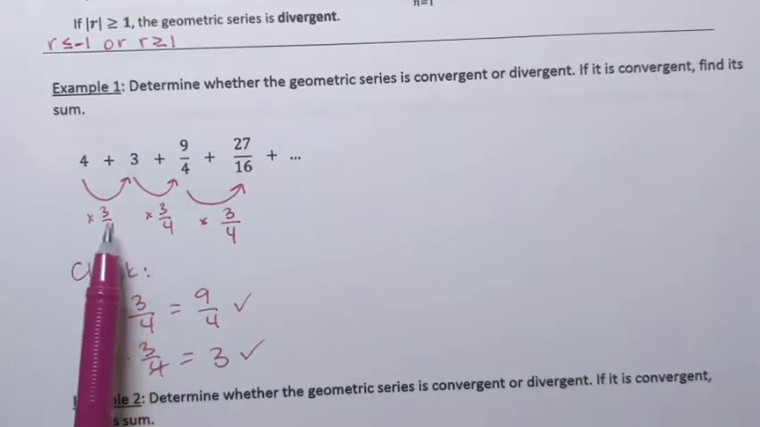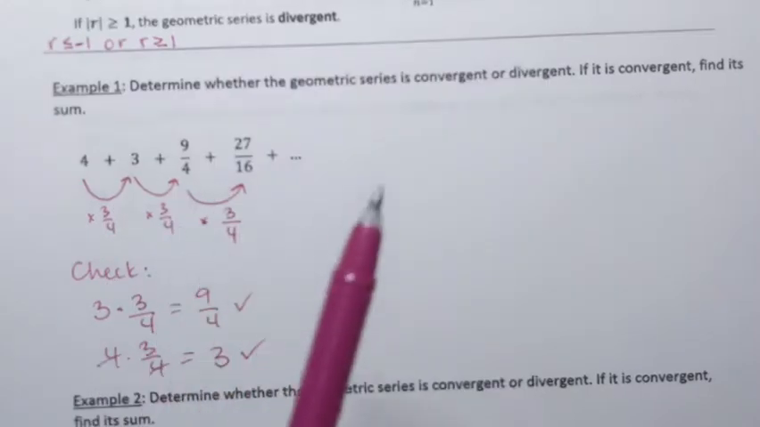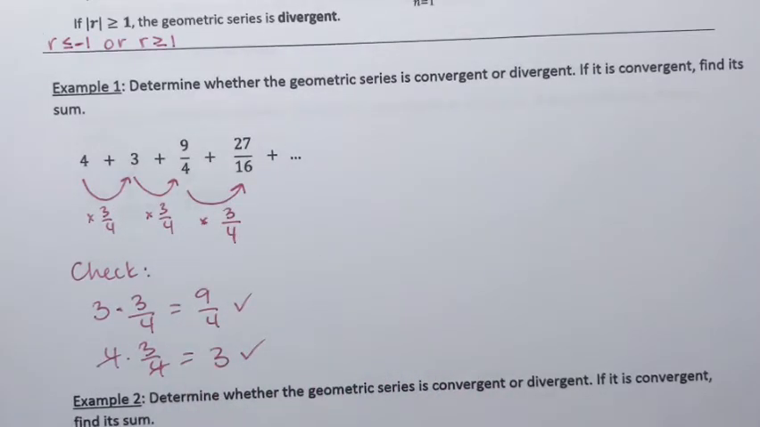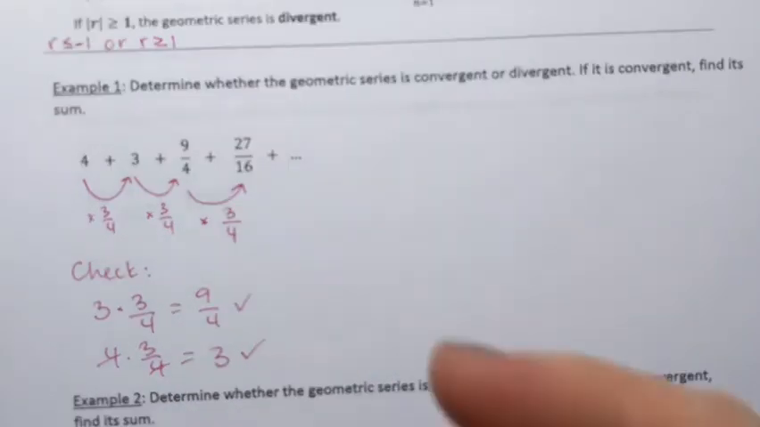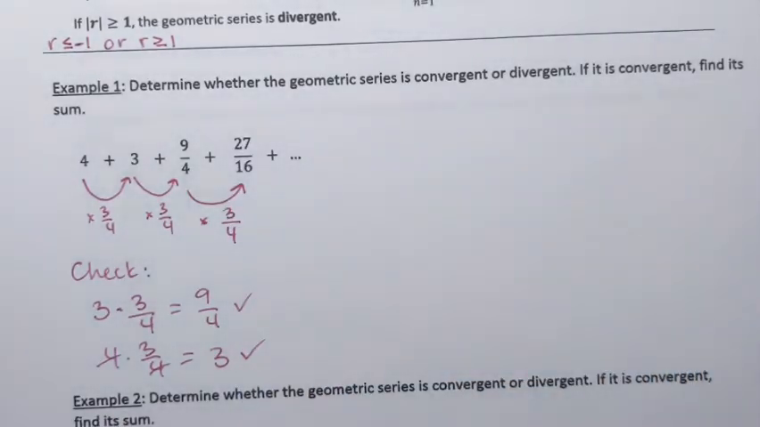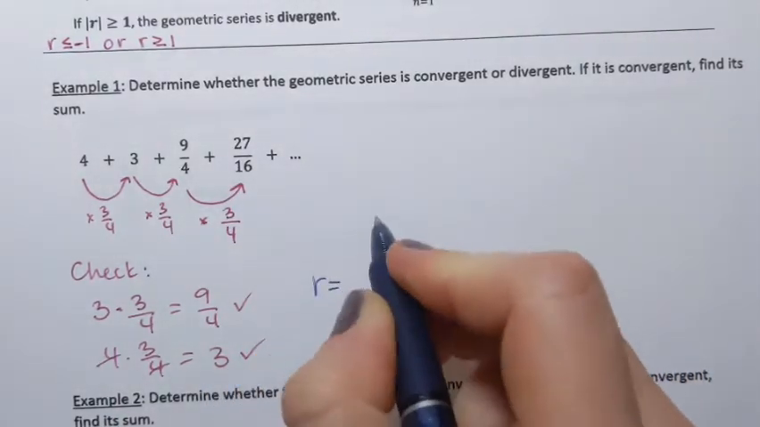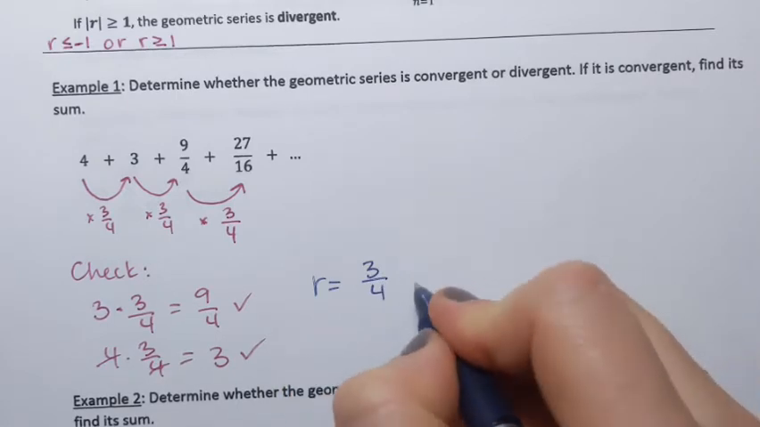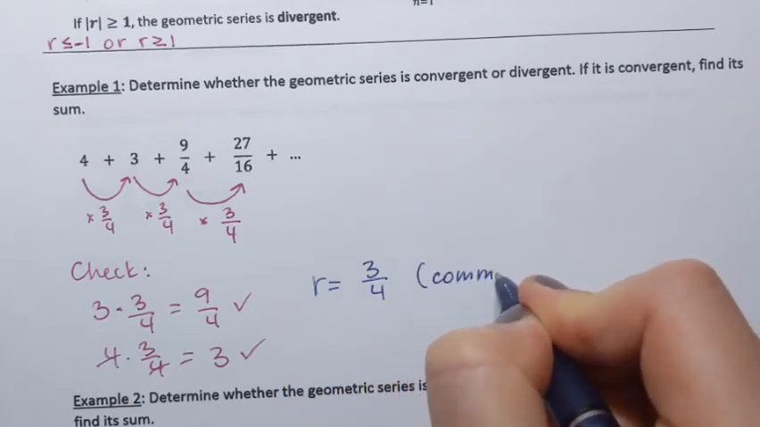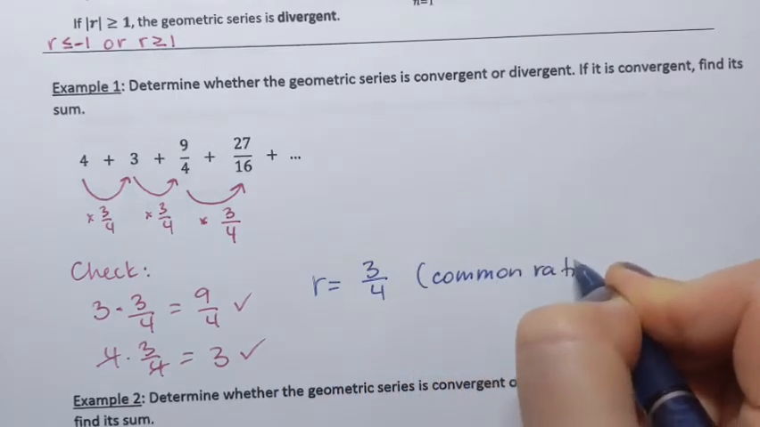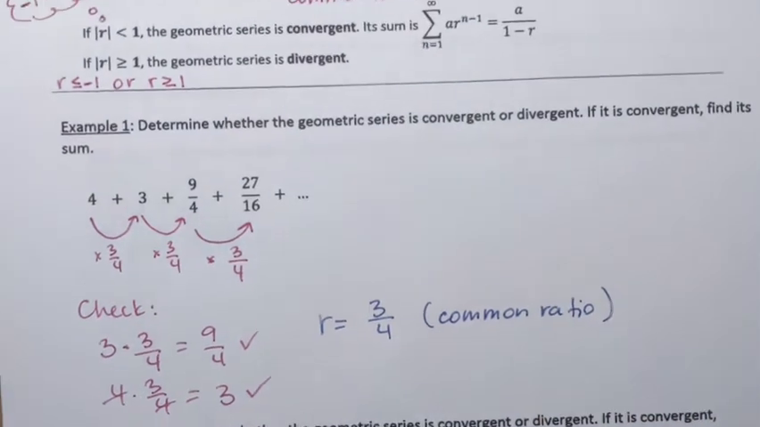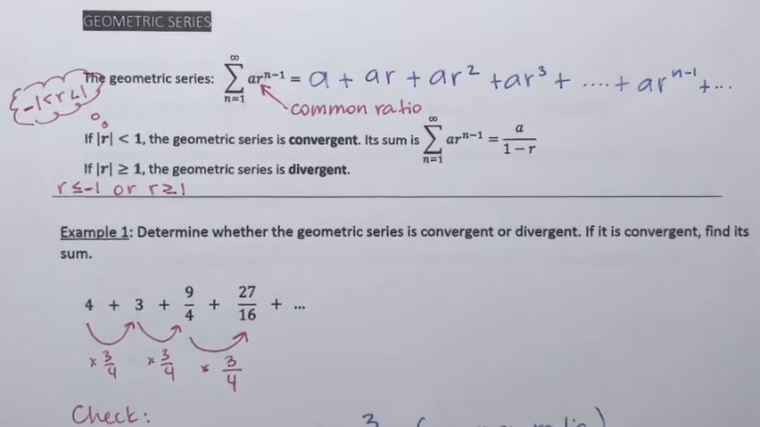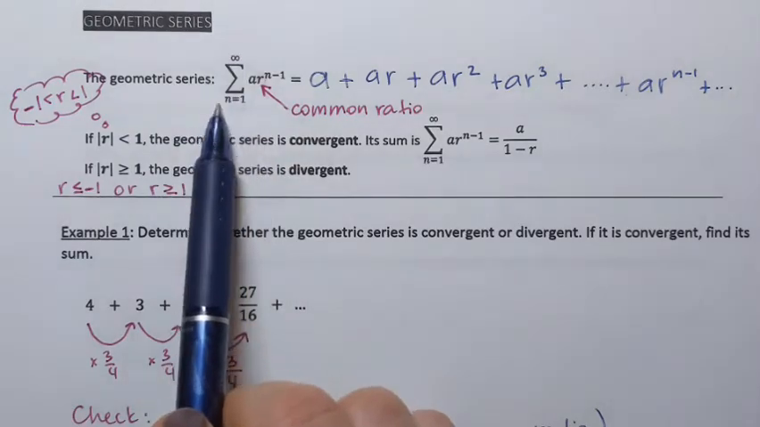So that number by which we have to multiply each term to get the next one, that's what we call common ratio. So R is 3 over 4. That's a common ratio. Oh, and by the way, in this example, we're not given our geometric series in this condensed form,